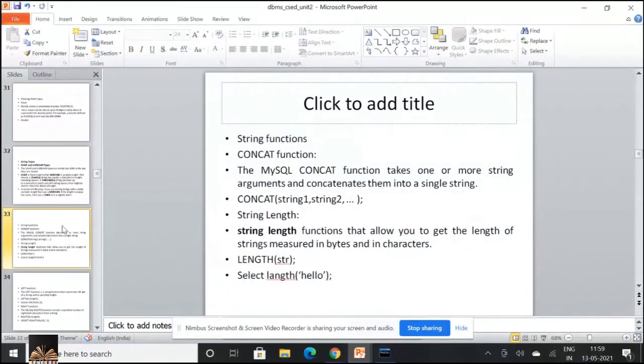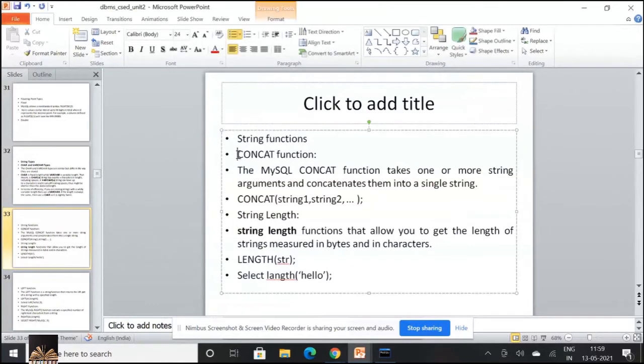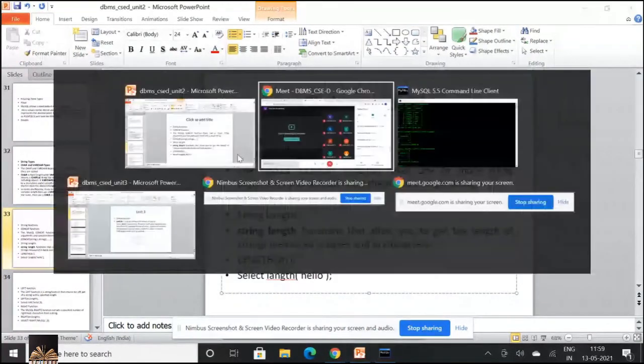Then you have the concept of string functions. The first one is CONCAT. CONCAT is used to concatenate one or more string arguments.